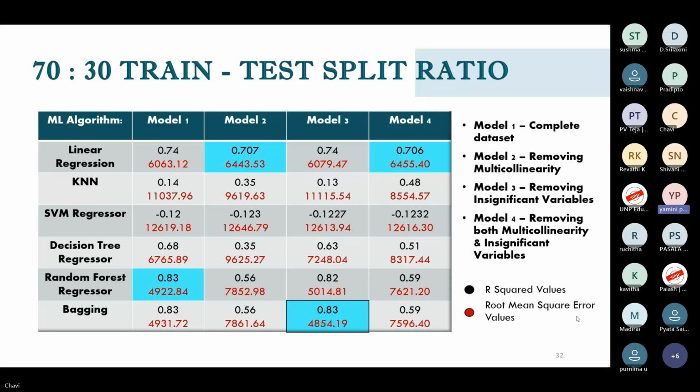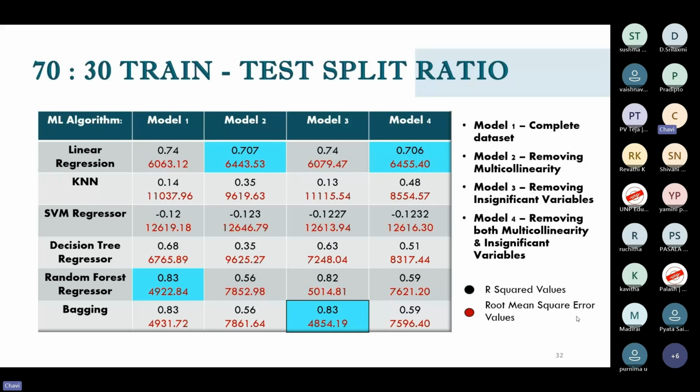Next we are taking the 70 to 30 train test split ratio. In model 1, random forest is giving the highest R-square value, that is 0.83, and the lowest root mean square error value, 4922.84. In model 2, linear regression is giving the highest R-square value, that is 0.707, and the lowest root mean square error value that is